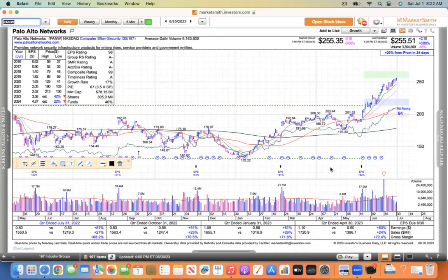But definitely, the king of cybersecurity. Again, this one has the fundamentals. The 26, 25 sales growth, 80% EPS growth. This thing's growing like a weed. I'm going to get to a couple other stocks in the group. If you can't own this one because it's extended, there are others in the group that are pretty strong in